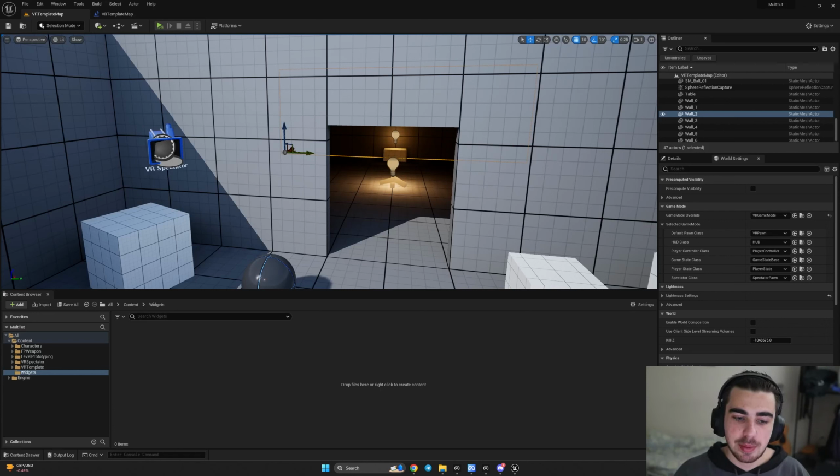Welcome everyone to the second part of the tutorial. Today we're going to make widgets that are responsible for creating and joining rooms. Once you create a room and press join session, you will see a list of available sessions and you'll be able to join. So the way we are going to test is that we're going to use our level blueprint and